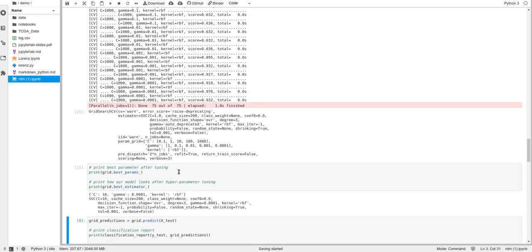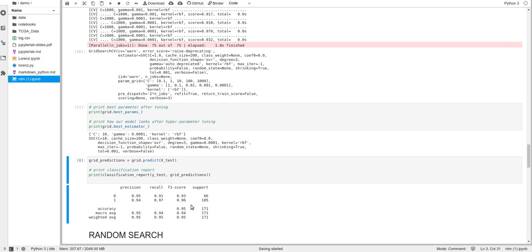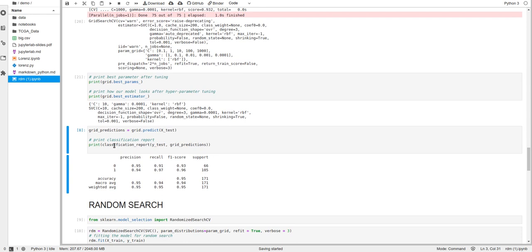If I execute this, it tells us that C value is 10, gamma is 0.01, and kernel RBF is best for our search, right? Now if we want to classify and find the accuracy score for this, we will test our model and classify the prediction values.